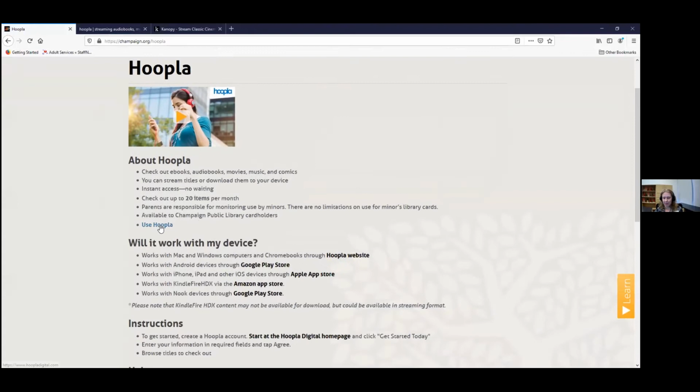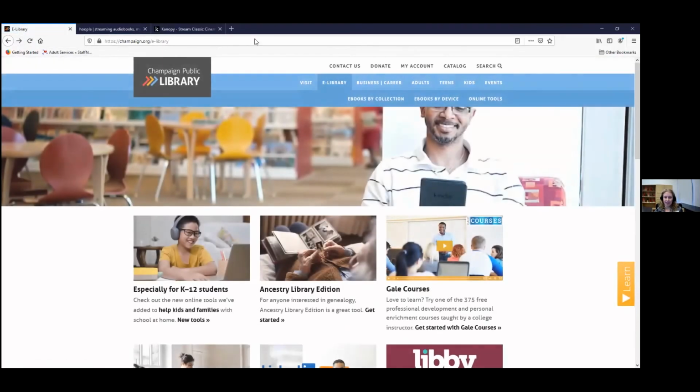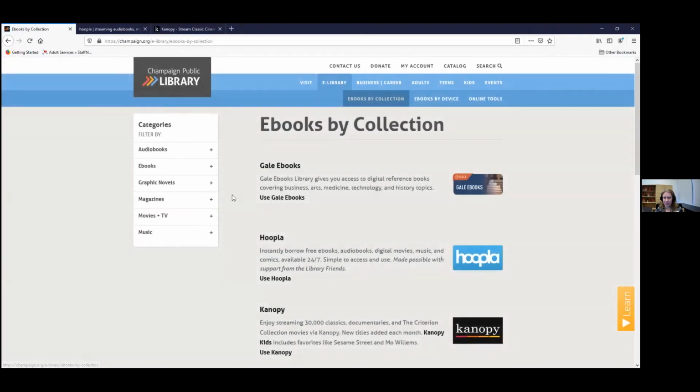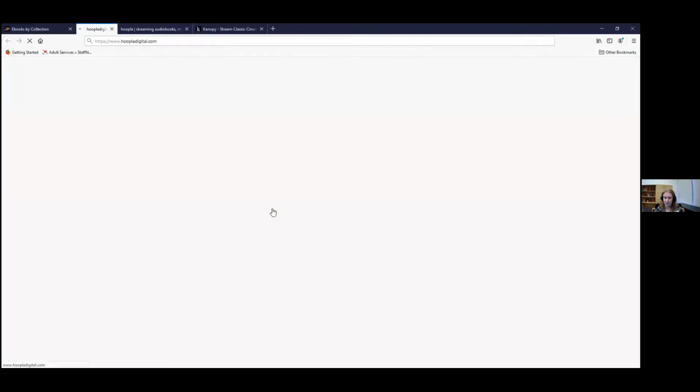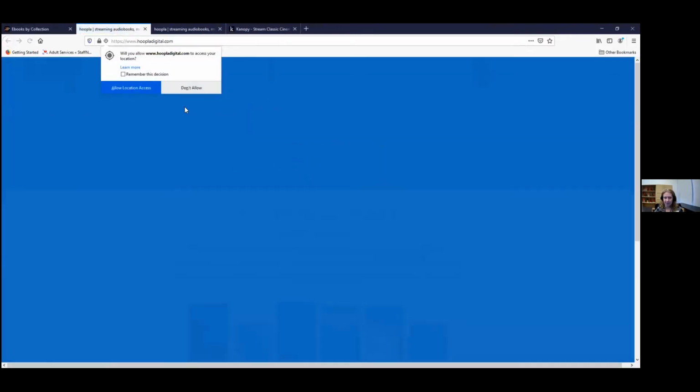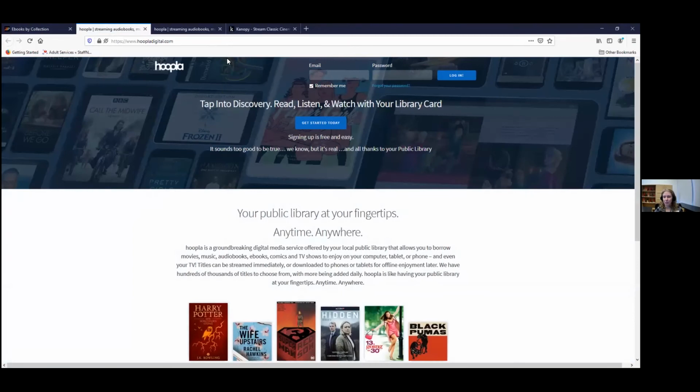And then I can tap where it says use Hoopla, or I can get it from the e-library page, ebooks by collection. Again, pick movies or whatever you want, audiobooks, ebooks. Come here and tap Hoopla, or tap the icon for Hoopla over here, the image of the logo. Okay, so if I hit use Hoopla, it's going to come up here. And then here's where I could get started